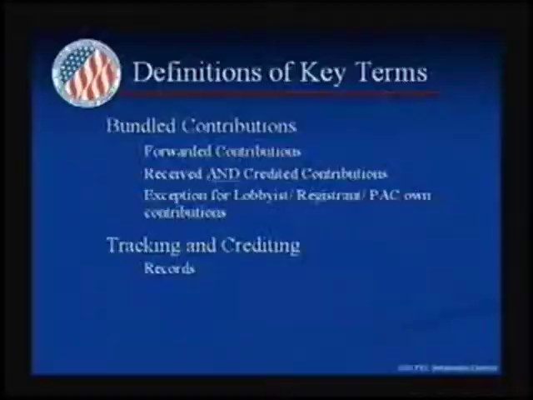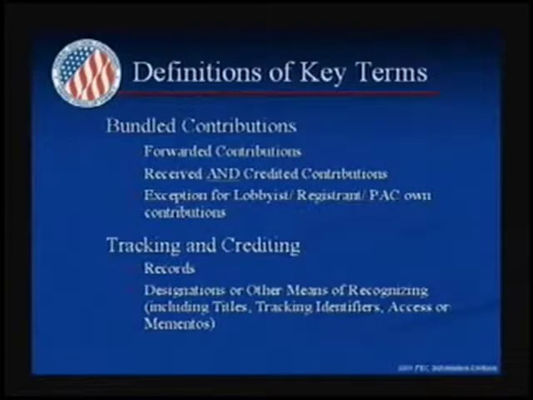Okay, let's talk more about those credited contributions, that second type of bundled contribution. Because within the new rules, the Commission did help to define what it means to give credit, what it means to either track or credit contributions from lobbyists. Some of the examples would first include keeping records of contributions and keeping records of the crediting being done. Records is just as it indicates, written documentation, either a chart or a spreadsheet or anything where data is kept where the reporting committee keeps track of contributions that were raised and who was responsible for raising them.